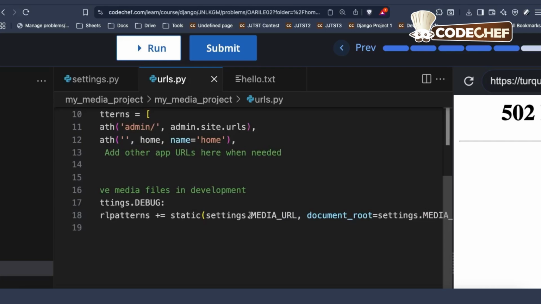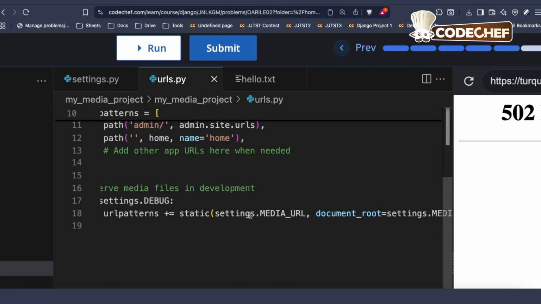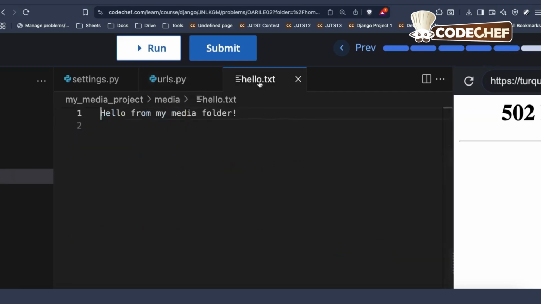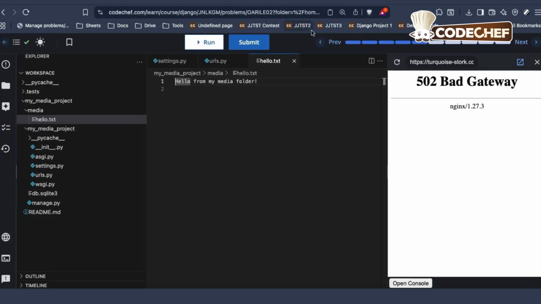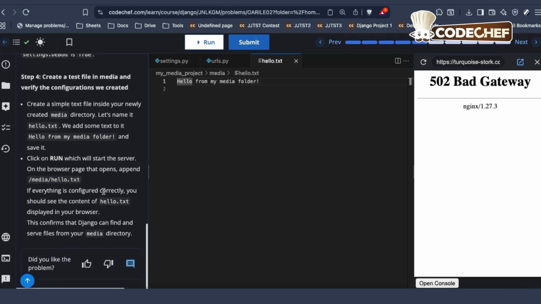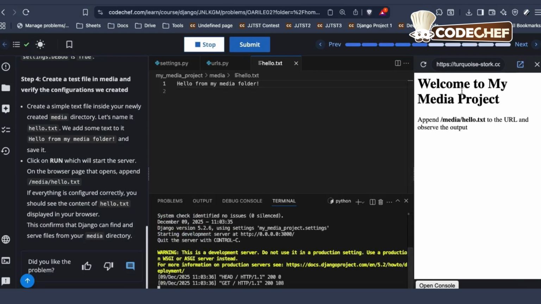So here we tell Django where to look for the files, and also it knows in which path it has to find the files that have been uploaded. Now this is the hello.txt file that has been created. Now let me run this and show you how it works. So in order to run and make it work, you can see here there are some instructions given. You have to first click on the run button, which will start the server. Now if I click on the run button, you can see that the server has started, and here the home